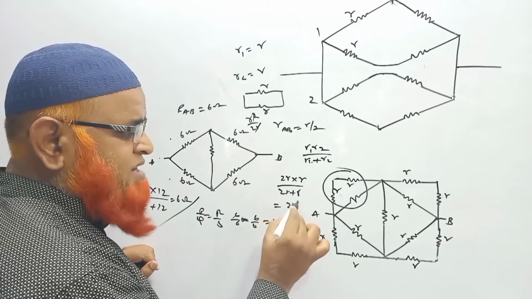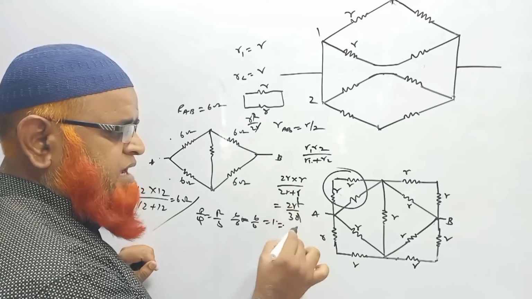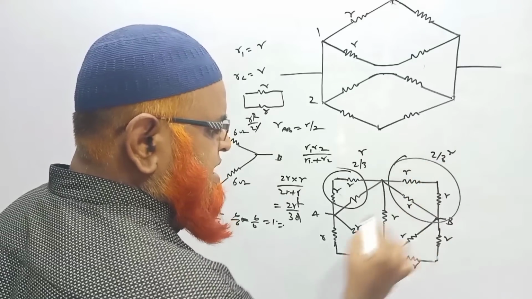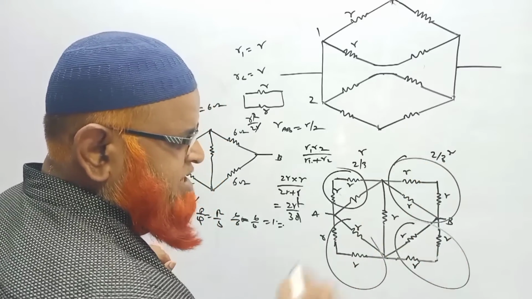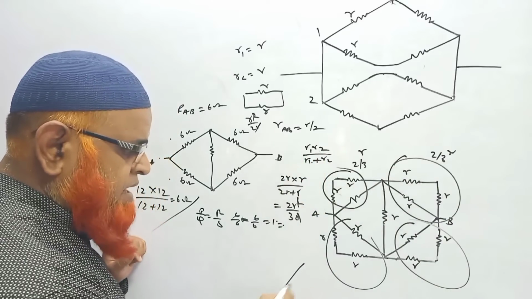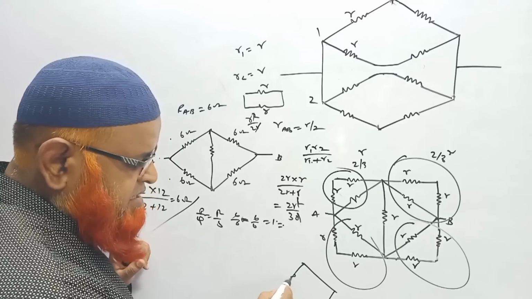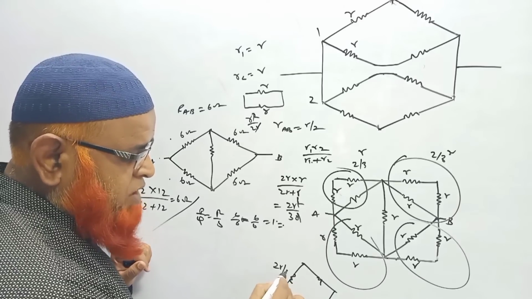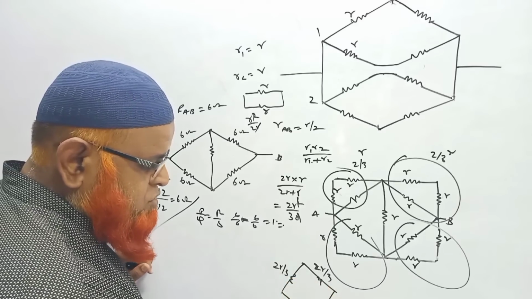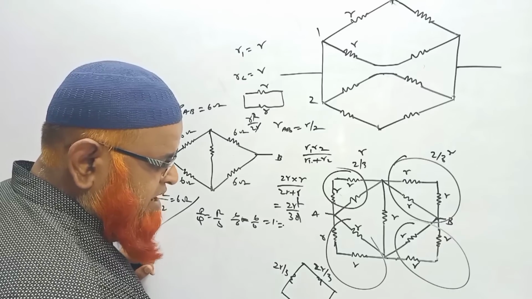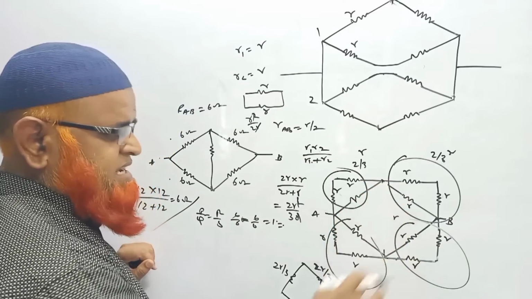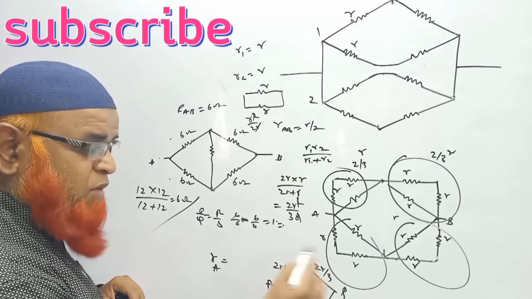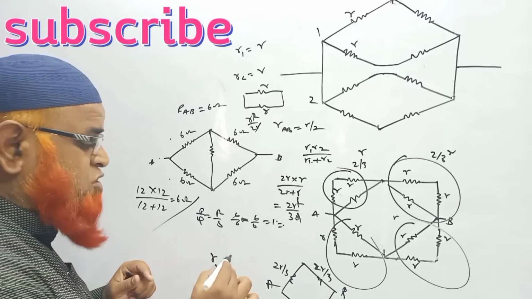So this is going to be 2R square by 3R. Okay, so 2 by 3 R. This is 2 by 3 R. This is also 2 by 3 R, and so are the others. So this is a Wheatstone bridge, and what type of Wheatstone bridge is it? This is a Wheatstone bridge in which all the 4 resistors are considered to be how much? 2R by 3, 2R by 3, 2R by 3 and 2R by 3. In the middle no current passes. I told you the resistance across A and B will be any one of the resistors when they are the same. I told you the answer is going to be how much?